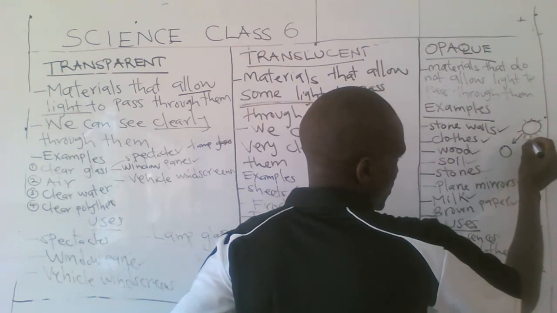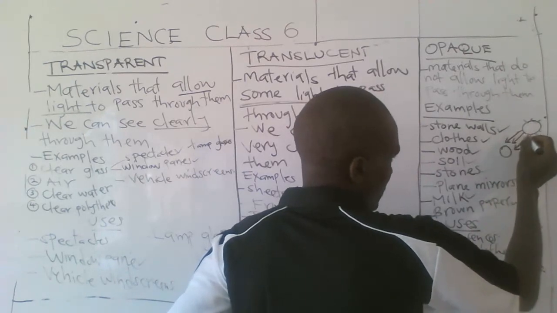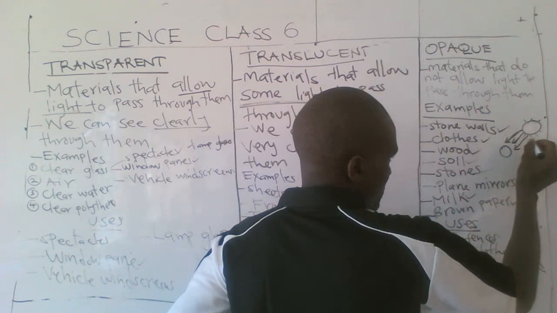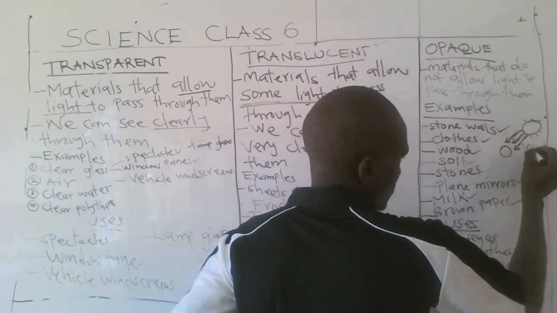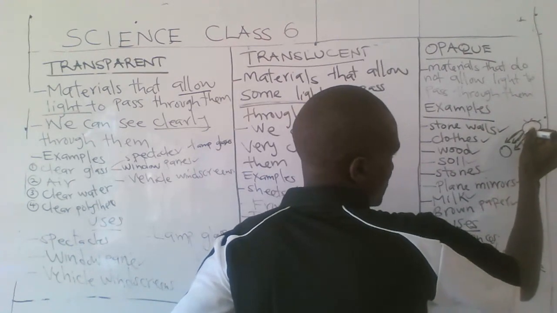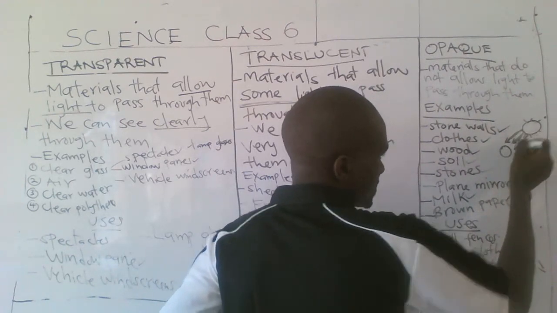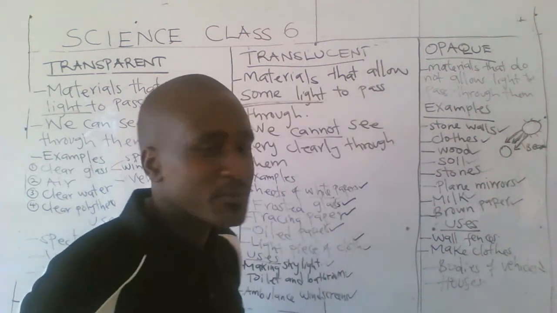As rays of light come, remember, one is a ray, many rays of light make what we call a beam of light. So beams or rays of light travel in a straight line, and